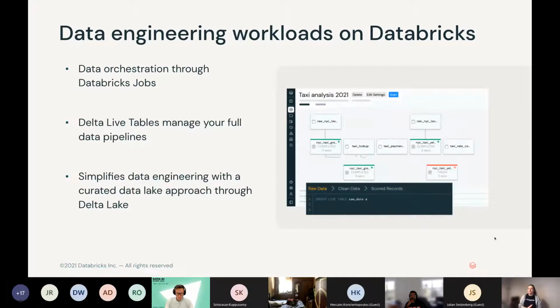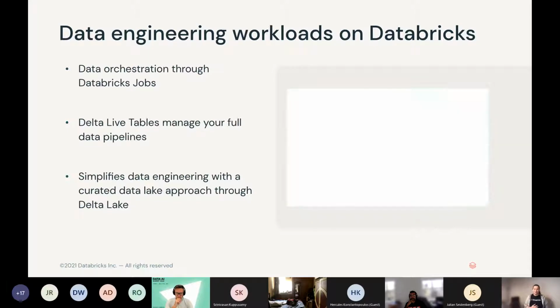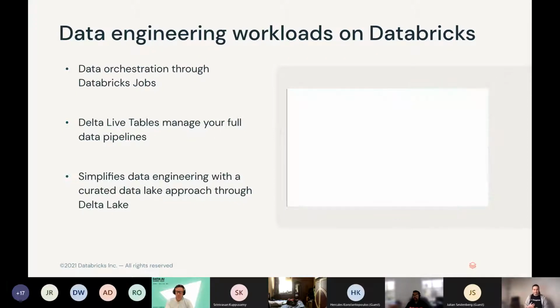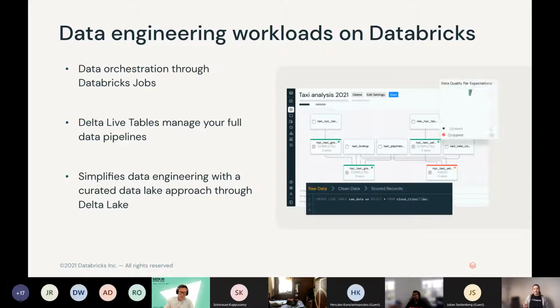For data engineering, we have quite a powerful data orchestration tool that allows you to schedule different notebooks and run them in a DAG format. We also have Delta Live Tables, which just went to general availability last week. It is a very new feature that makes your data engineers' life easier. Your data engineers can focus more on the business rules and what transformations need to be done, and way less on the infrastructure, because Delta Live Tables provides a very resilient, auto-scaling environment for you that just runs.